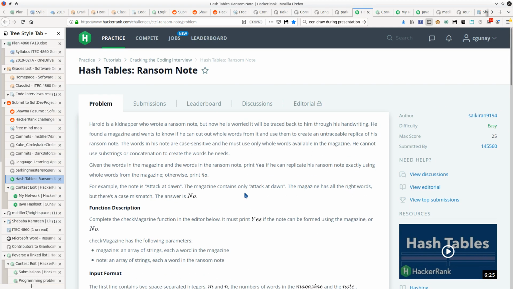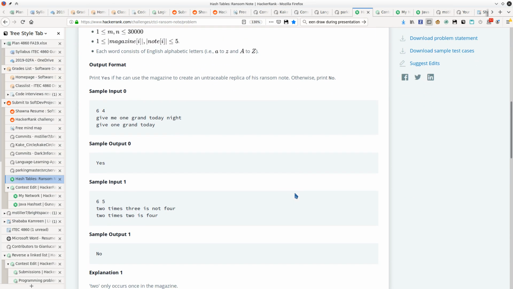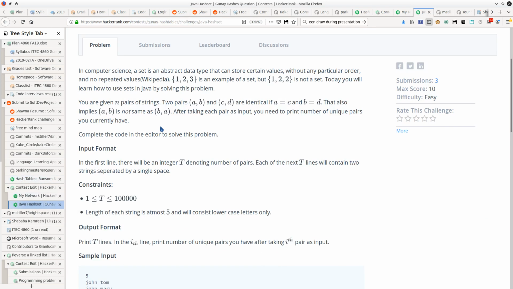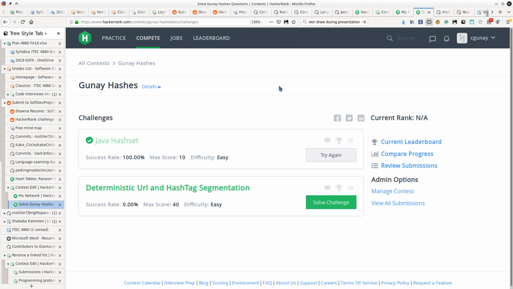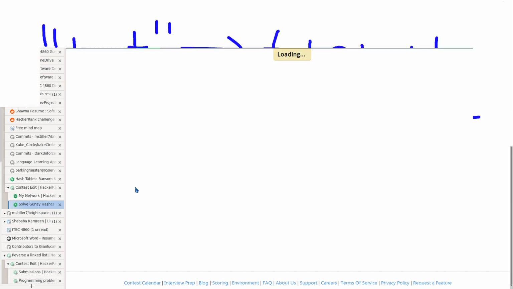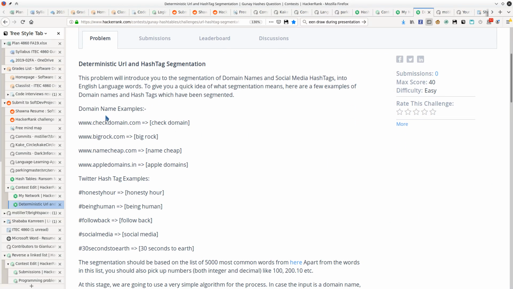I don't know if I need to tell you anything more about this, but both of these questions are mandatory. If you're looking for a challenge, I have one more question in here, which is a more practical use of the hash table, and they're asking you to parse domain names and find the words in them.